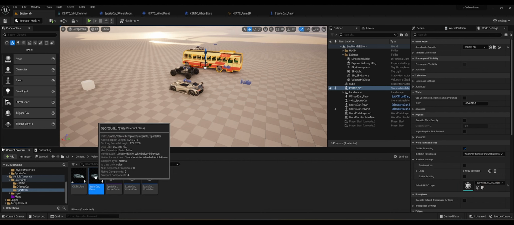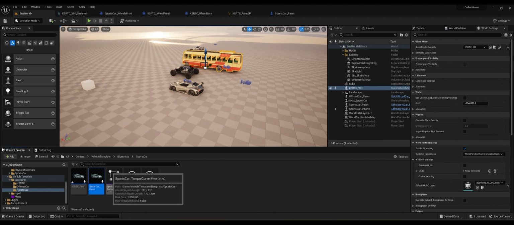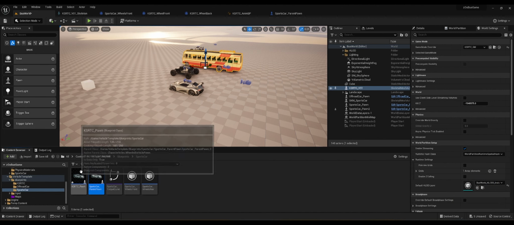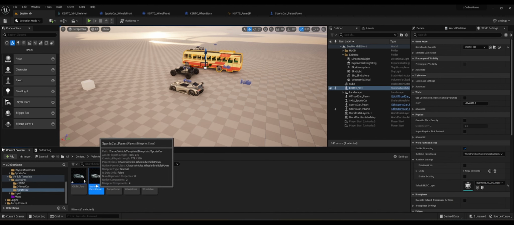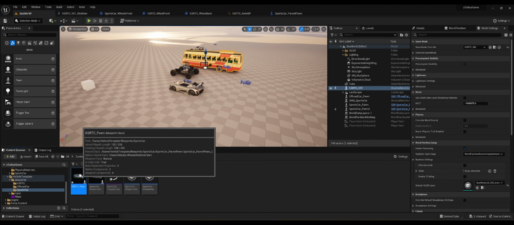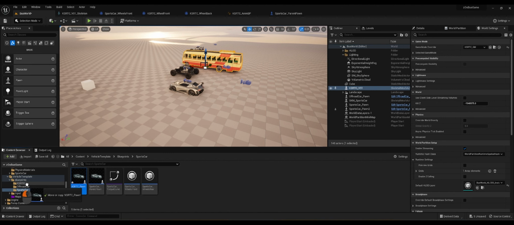Also, let's rename the sports car as sports car, let's put it like that, and name it as parent pawn. It's the parent pawn, so whatever we need to change, we need to change inside this one. Okay, let's move this KSRTC pawn right now to our blueprint KSRTC folder, move it there,